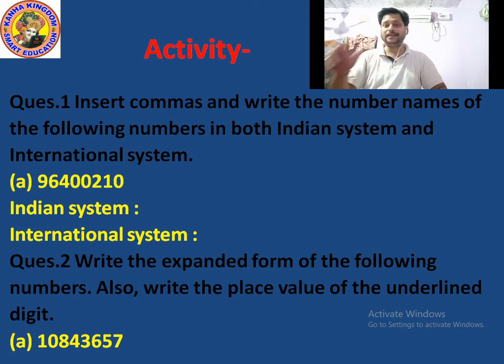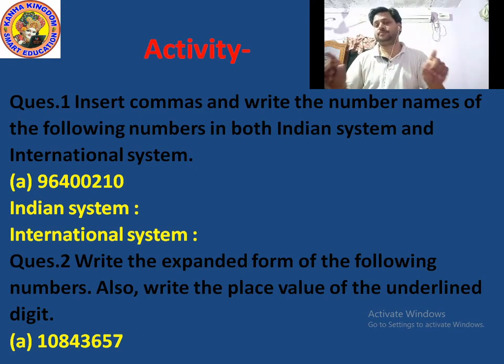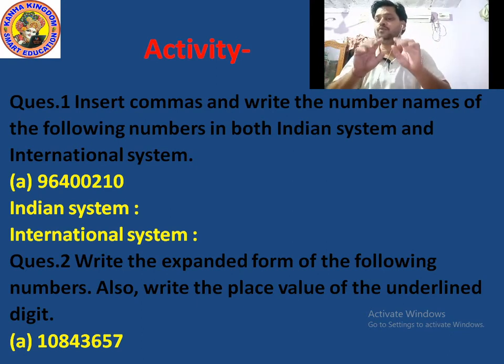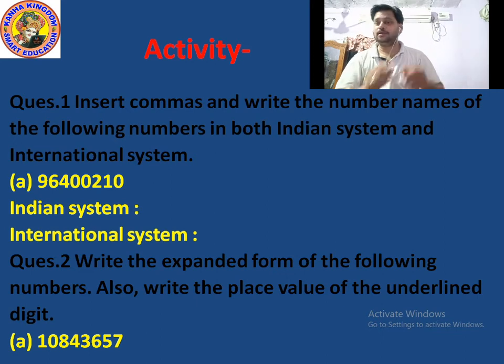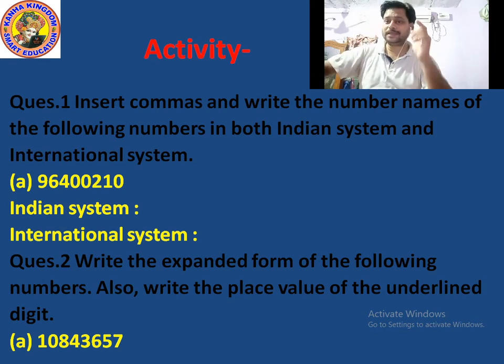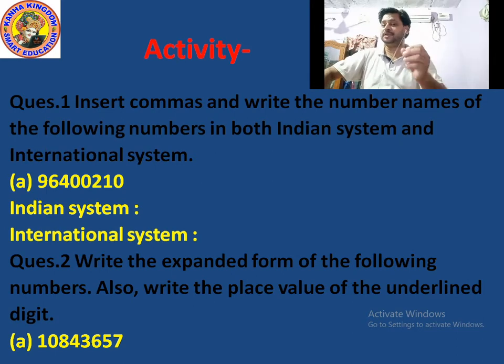Is it clear? When you understand how to put it exactly as mentioned in the question, then you know which period the 9 6 is in. Keep in mind that there are 2 commas, so 3 periods, and the third period is which period? You all understand. So 96 means 96.